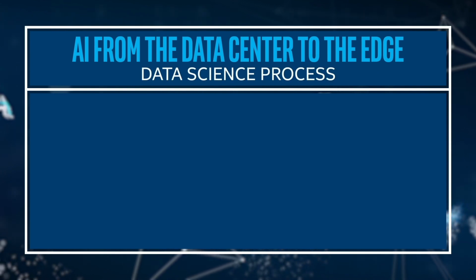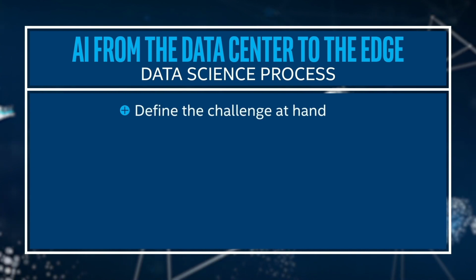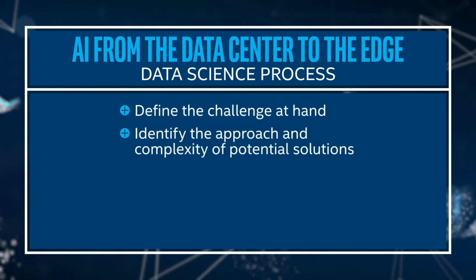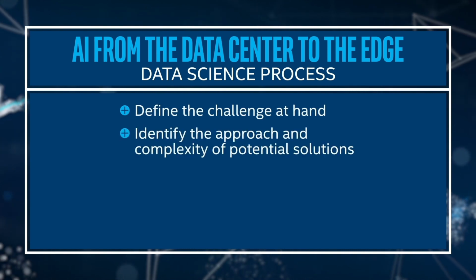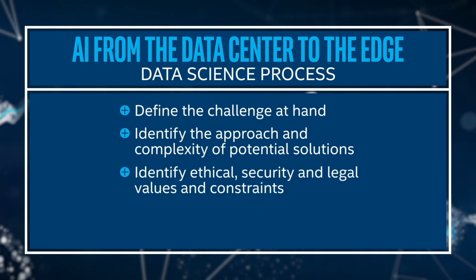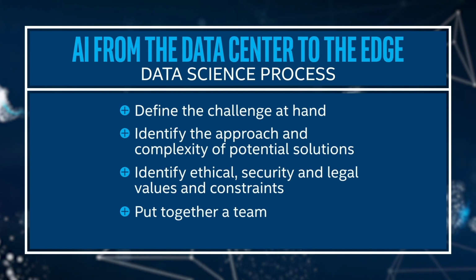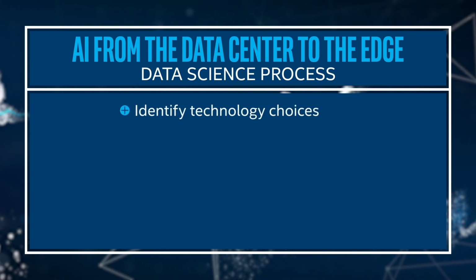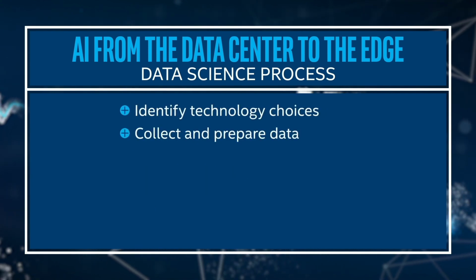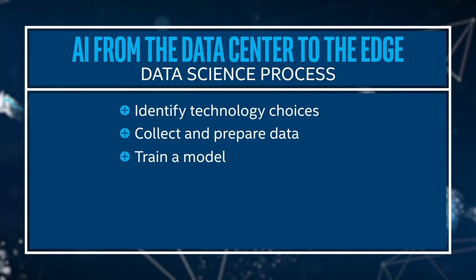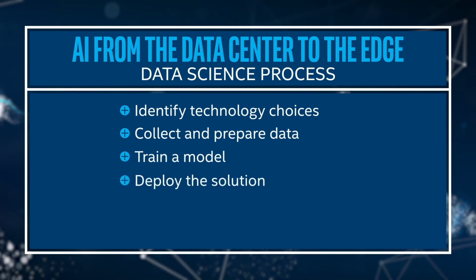Any AI problem involves defining the challenge at hand, identifying the approach and complexity of potential solutions, identifying ethical, security, and legal values and constraints, putting together a team, identifying technology choices, collecting and preparing data, training a model, and ultimately deploying the solution. Through a hands-on example of an image classification problem, this course will teach you how you